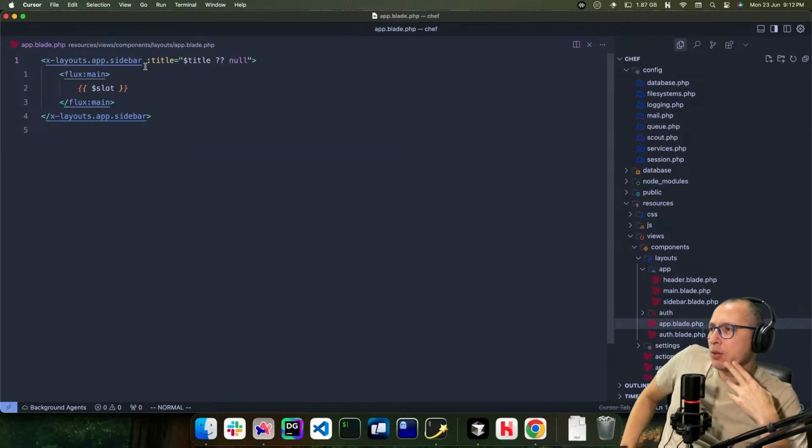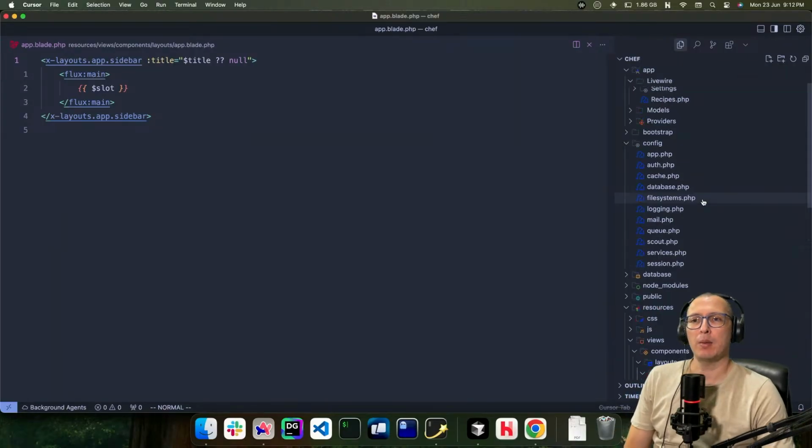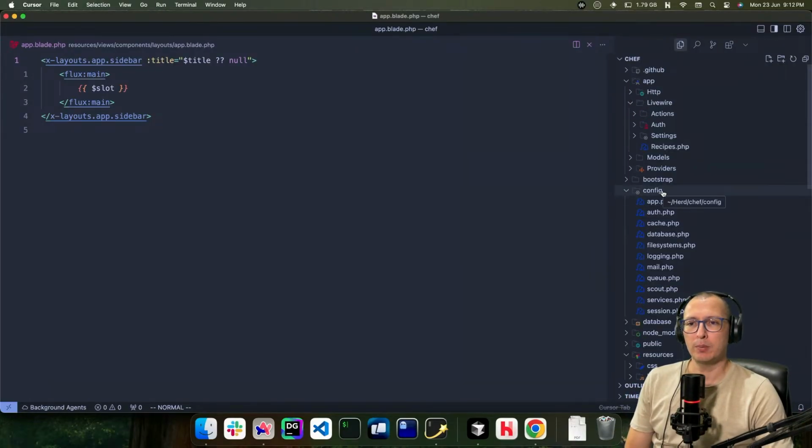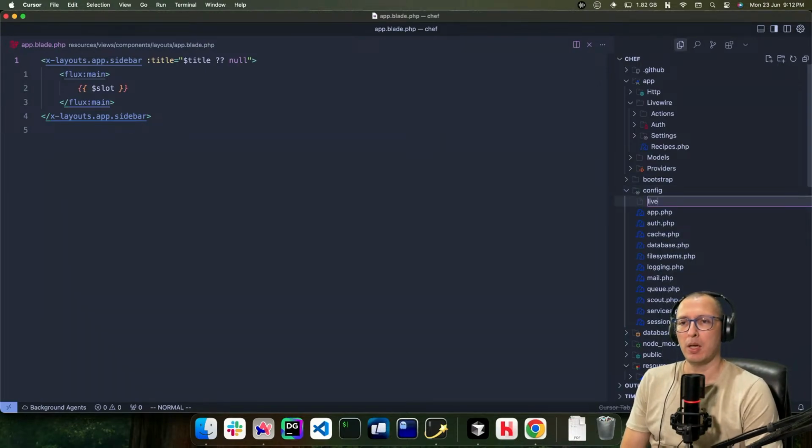All I needed to do is use my own layout. For that, I'm going to create a new file in config called livewire.php.